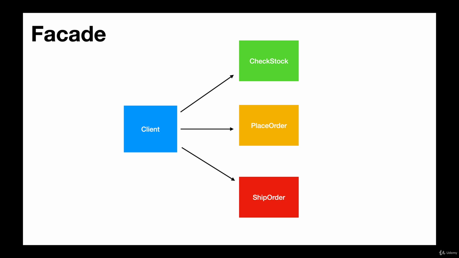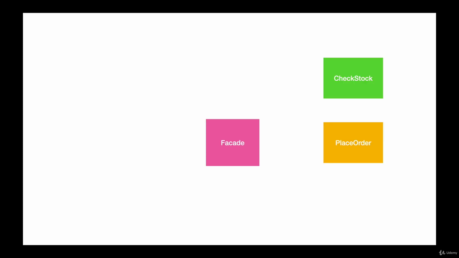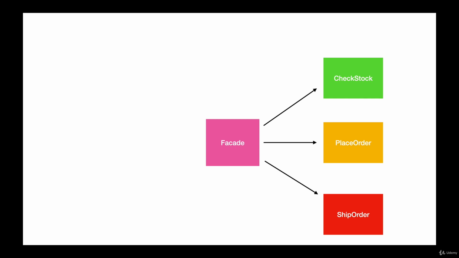The client application which wants to do this order processing has to use all these three classes or methods, and it needs to be aware of the method signatures and all that. That is where the facade pattern comes in. The facade class will make it super easy for the client. The client will use just the facade class and the method on it, and the facade class is responsible for handling everything else. Only the facade will be aware of the other classes or methods, and the client is hidden